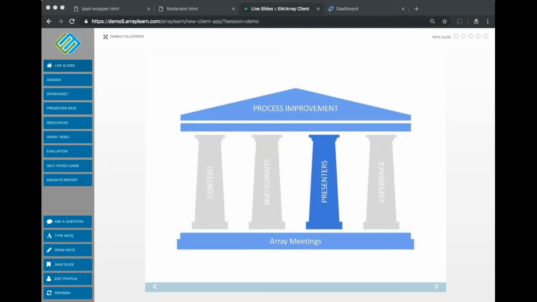Our third pillar is presenters. Presenters are the voice of your information. Presenters, as you all know, as we're all professionals in this environment, a presenter can definitely kill a presentation. If they're going too fast, if they are not in tune with the audience, if they are going very slowly and reading slide by slide, we need to know that